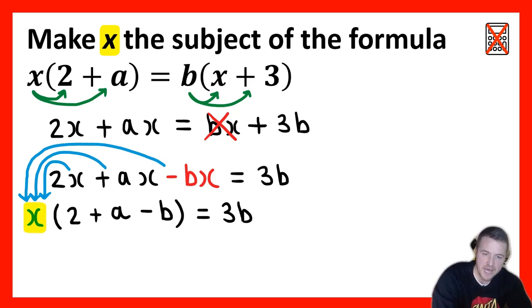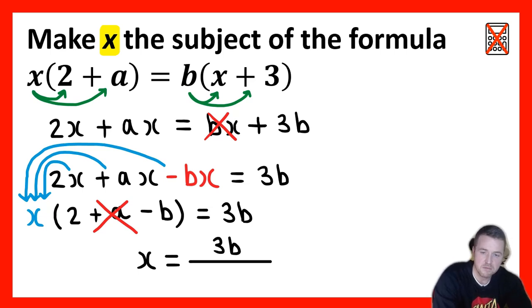Now you can see that x only appears once, making it easier to make it the subject. As x is being multiplied by this whole bracket, I can divide by the whole bracket to isolate x. On the left hand side, I'll have x, and on the right hand side, 3b divided, which can be represented using a fraction with the terms inside the bracket underneath, meaning that x is equal to 3b over 2 plus